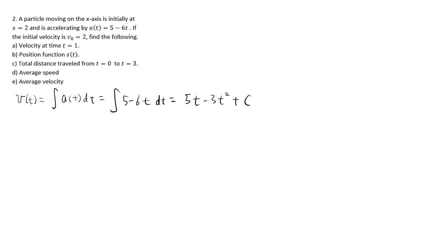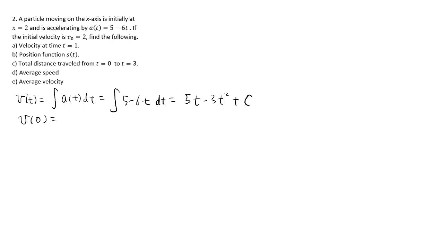There's an ambiguity here because you need just one extra piece of information. You need the initial speed or the velocity at another time. Usually the initial velocity is what you're given,